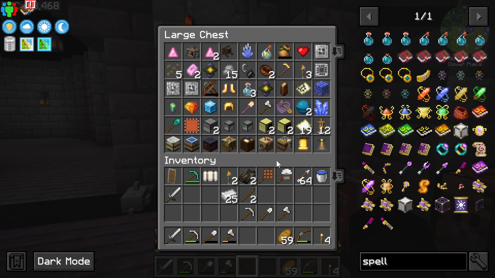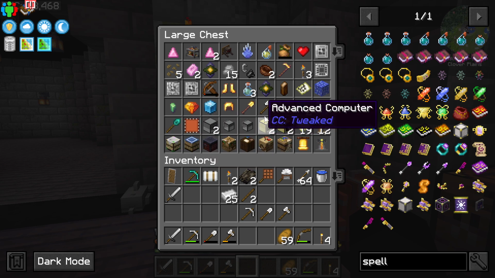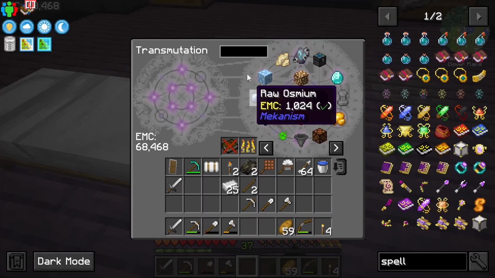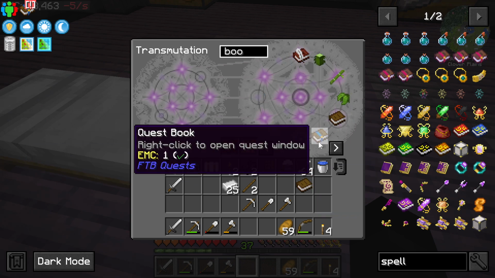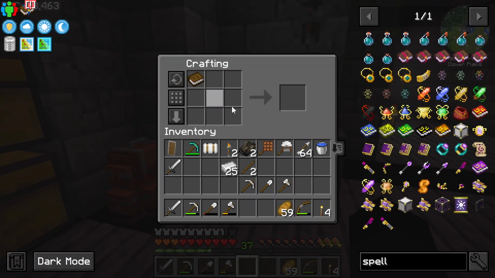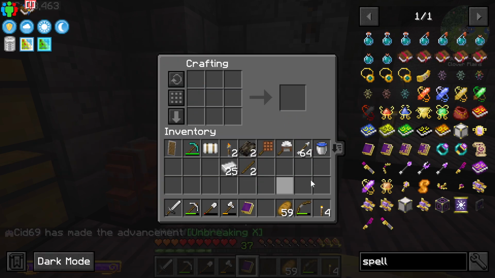I don't think I've got a spare iron sword, have I? No, I do have a building one, which was a nice little surprise. Got that as a reward. And we need a book. Quest book, written book, book. And in there then we're going to go book, novice spell book,